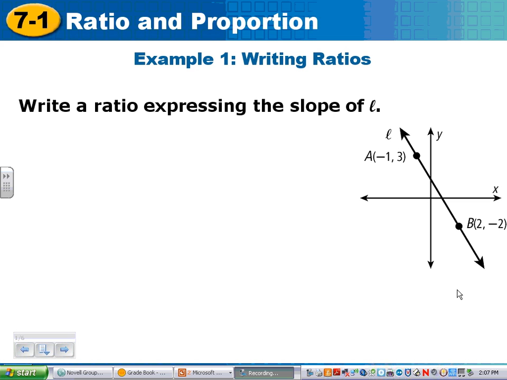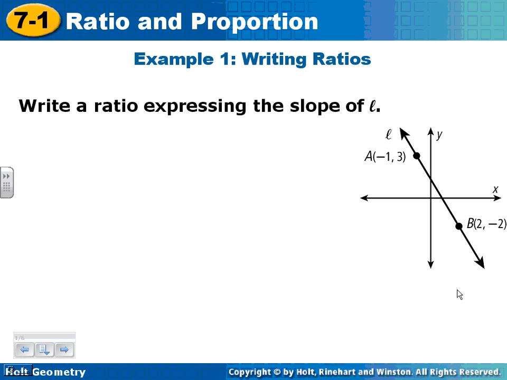There we go. All right, we are ready now for Chapter 7, Section 1, titled Ratio and Proportion. Example 1, writing ratios. This reads, write a ratio expressing the slope of line L. Well, remember slope